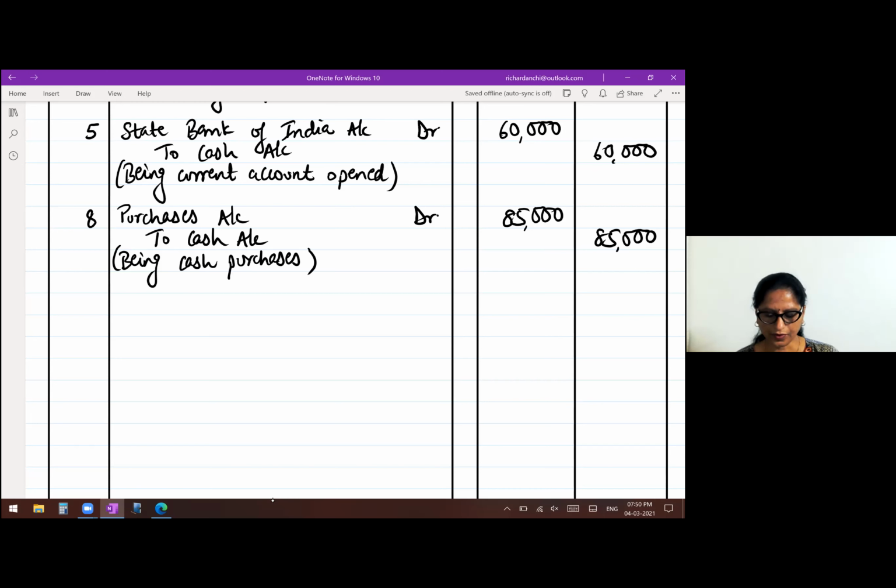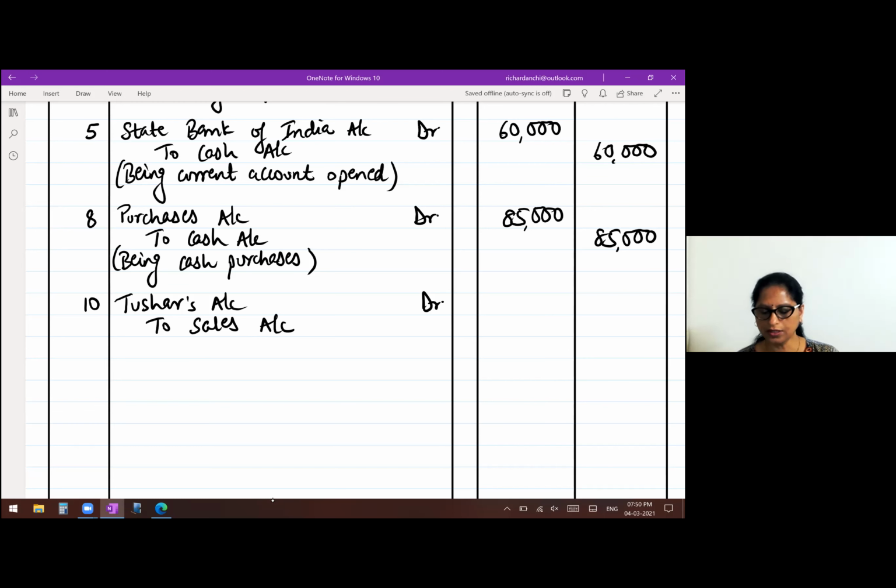Okay. 10th, goods sold on credit to Tushar rupees 20,000 at 10% trade discount. So whenever trade discount is given, you will calculate the trade discount, but you will not show it. You will deduct that trade discount and then write the amount. Now, goods are sold to Tushar on credit. So two accounts involved here, Tushar's account and sales account. Tushar is the receiver, sales is an income. So you will write here, Tushar's account debit to sales account, write down the entry.